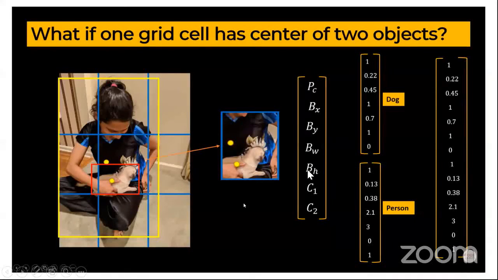So in this case, you can have detection of multiple objects inside the same grid. And you will have to create this kind of anchor box, this whole vector, for each and every grid. If they are not there, just keep it 0. Just keep Pc equal to 0. But if in a grid both the objects are coming together, then you have to create this kind of anchor box, both anchor boxes coming together to create a bigger one.